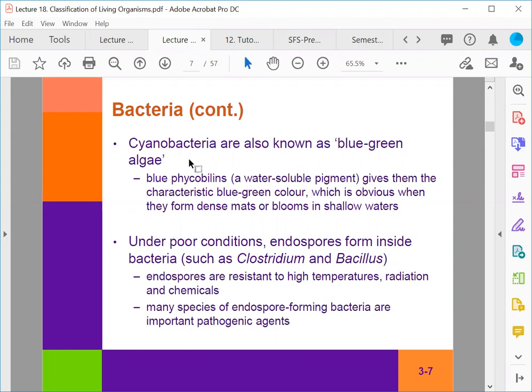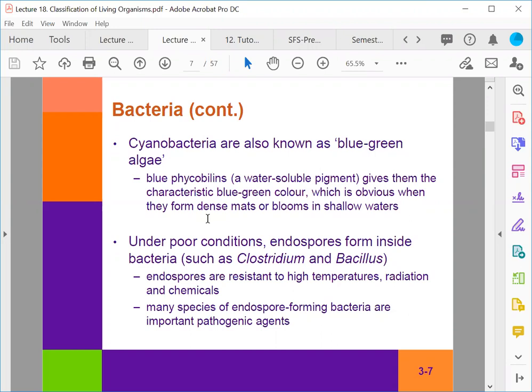They produce a particular pigment called a phycobilin, and this is a pigment that gives that characteristic blue-green colour,